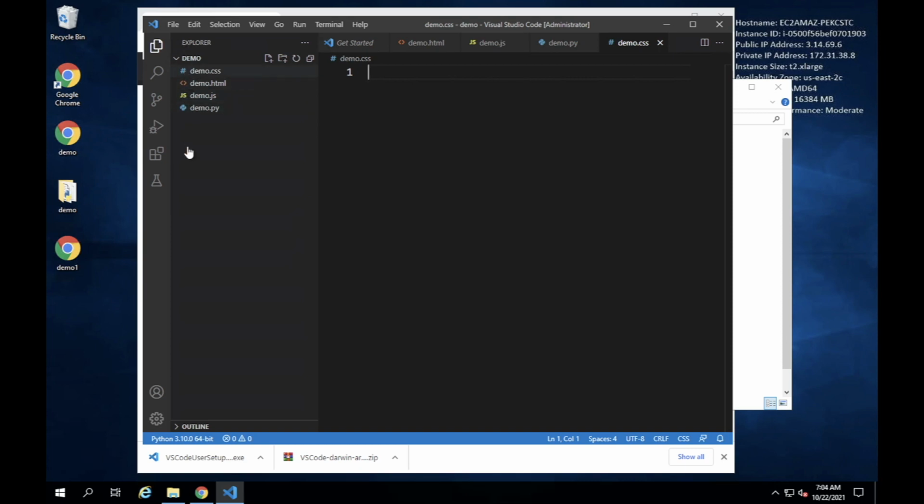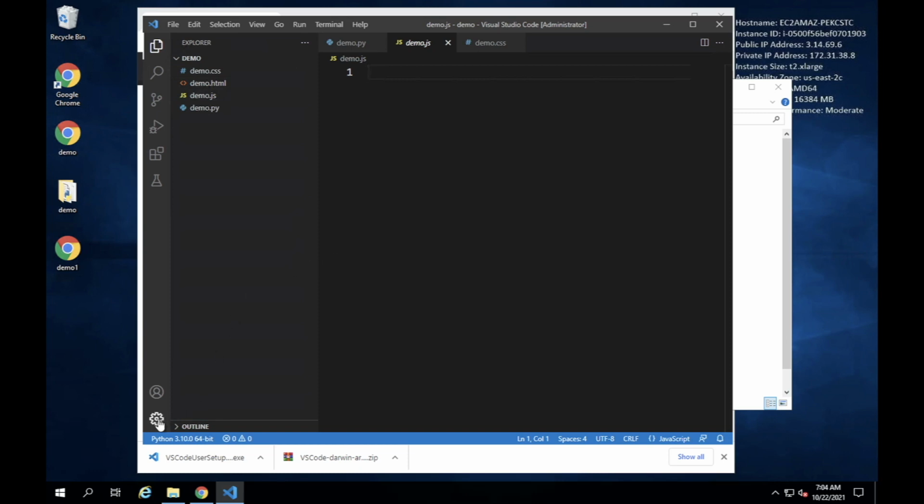Like this. Okay, so this is the purpose of IDEs. In this folder I can create all these types of files, and I can write the HTML code here, I can write the Python code here, I can write the JavaScript code here, and I can merge all the files. Okay, for this purpose, this is a good environment, right?